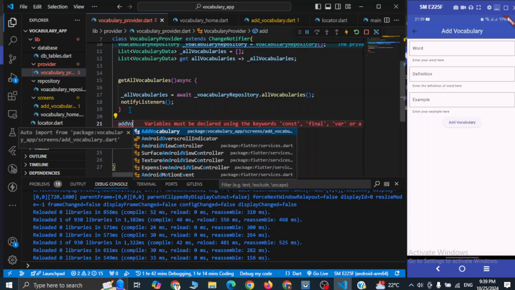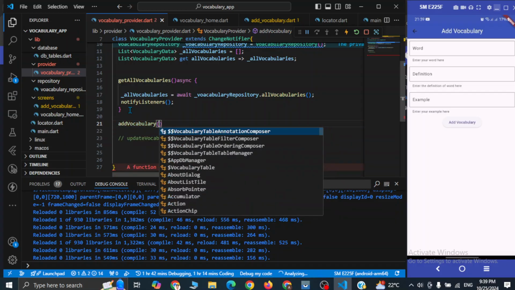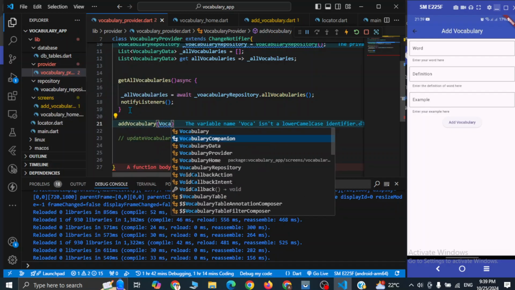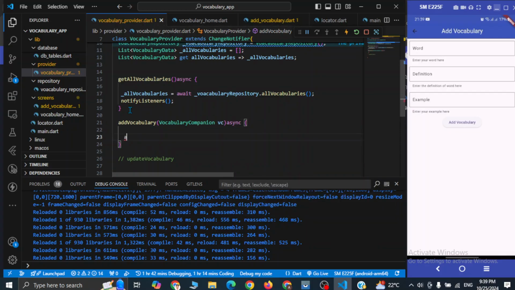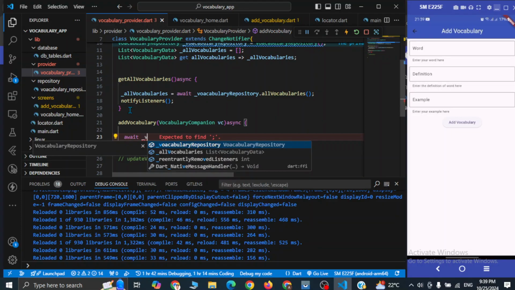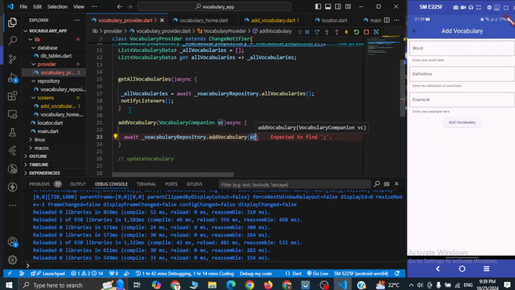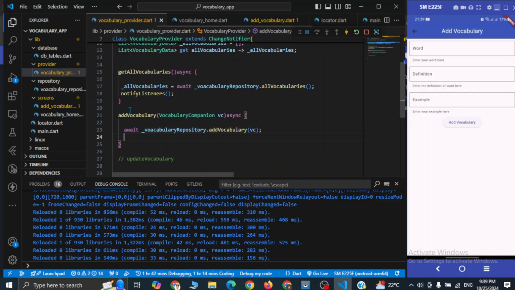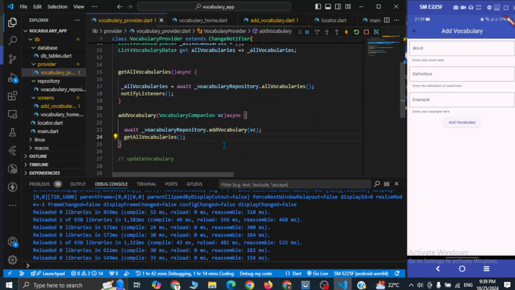add vocabulary async. So we need vocabulary companion. Await underscore vocabulary repository dot add vocabulary, and then we have to call this function get all vocabularies. Okay, so as soon as a new vocabulary is added, then we have to get all the vocabularies,